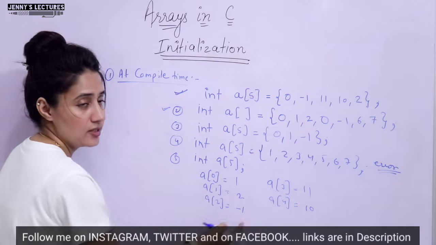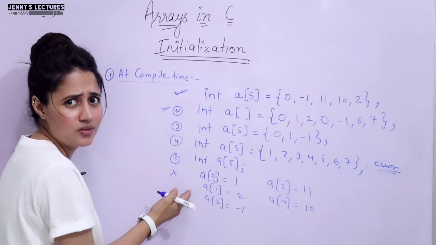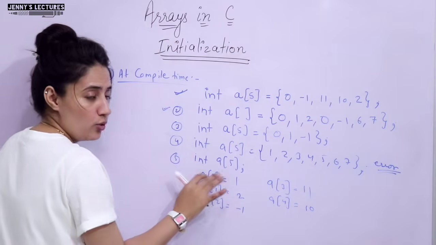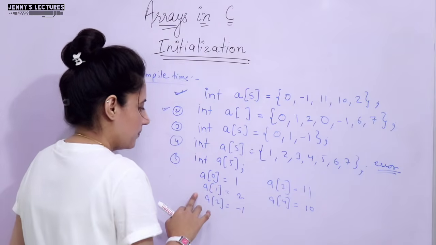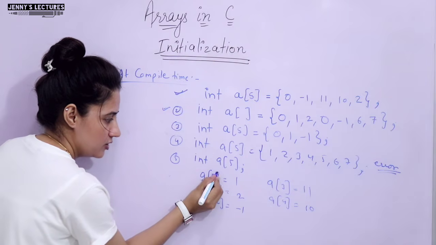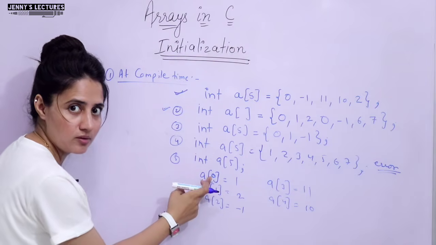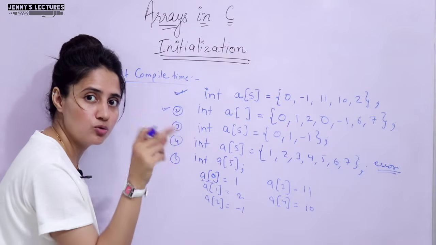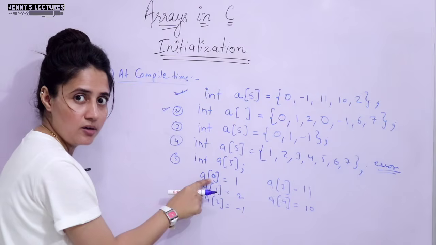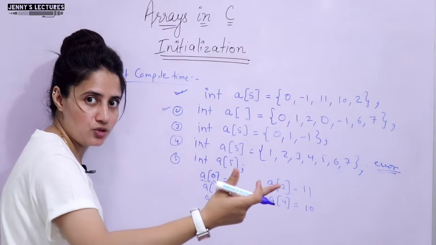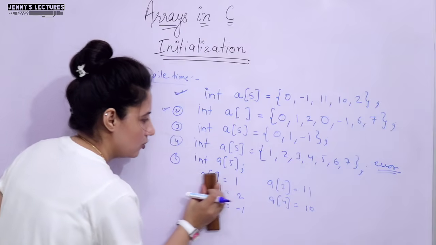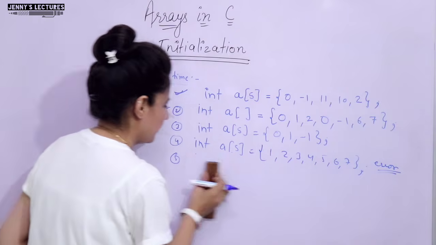Individual items you can initialize something like this, but obviously we are not going to prefer this method. This is not the right way, but yes, you can initialize. I am just telling you the number of ways. How to access: I write a, then in these brackets 0, which means the first index of the array starts from 0. So the first element, we access the element of the array like this. How to access that we will discuss in the next video. For this video I am just telling you the method, so we are not going to prefer this method.